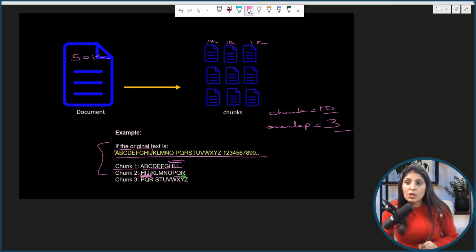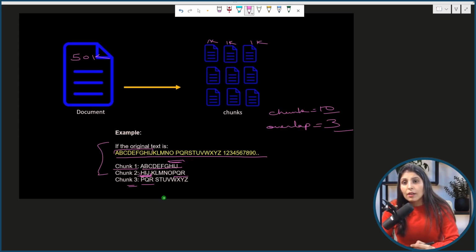And see, this PQR from the second chunk is added at the start of the third chunk. What is the benefit of it? When we read documents, papers or books, there are different paragraphs. Let's say the first paragraph is one document and the second paragraph is a second document. Something is present in the first paragraph which is not present in the second.